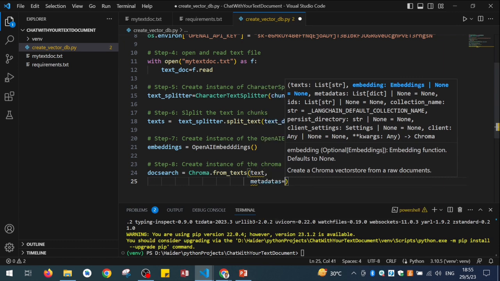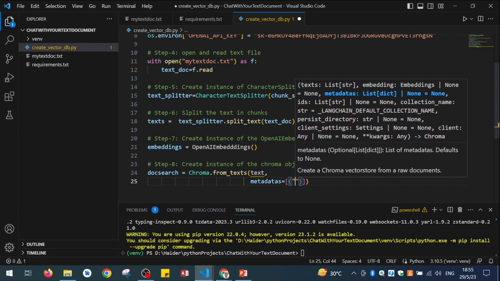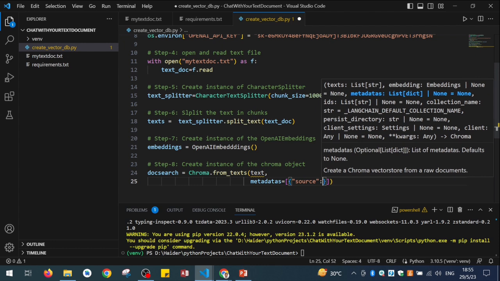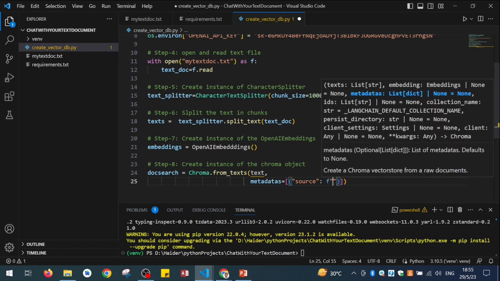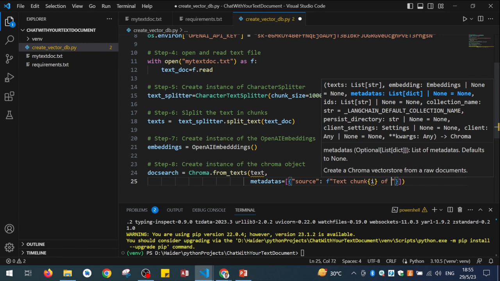So I will say metadatas is equal to, let me close it in the object. Over here you first of all need to give it a source, and the source is actually the text chunks. I will say f, and this is text chunk of i. And what this i is I will show later, of length of texts,